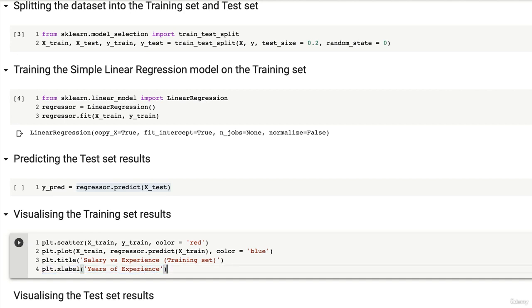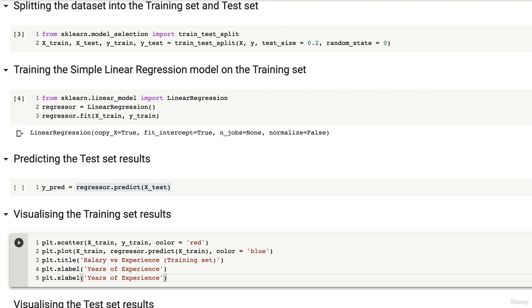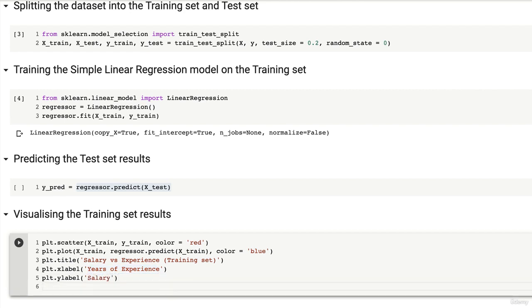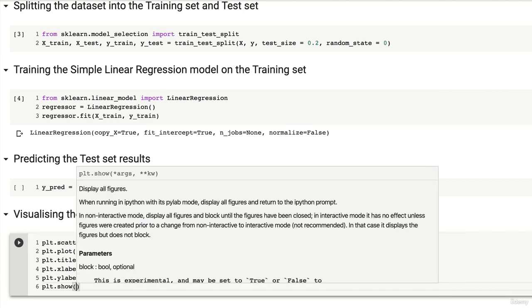Now, we're going to copy this because we're going to do the same for the y-axis. And the name of the function for this is ylabel. And for the ylabel, well, we will choose to display Salary. Okay? And finally, in order to show the graphic, well, we just have to finish here with plt.show, the show function, and this will display the graphic in the output.